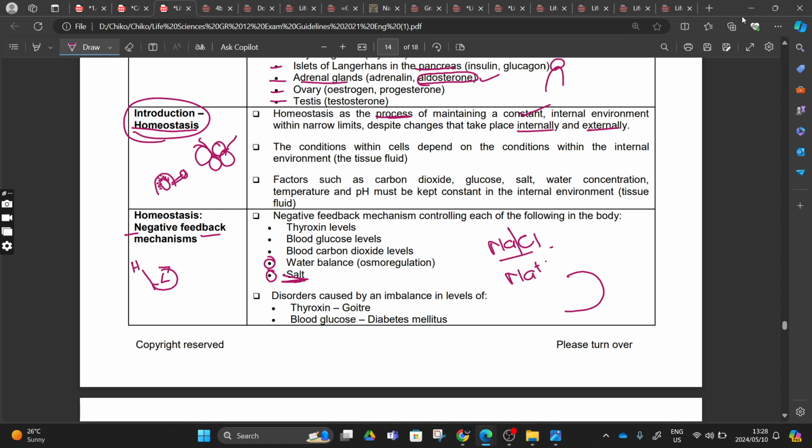So our heart is going to receive that blood. You know the chambers, the right and the left. Our blood is going to